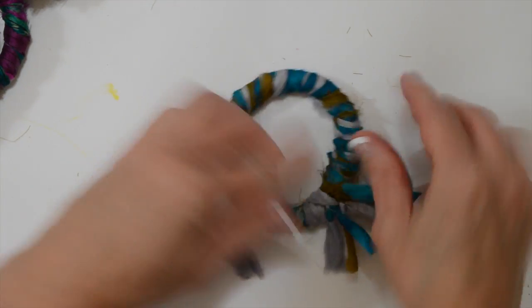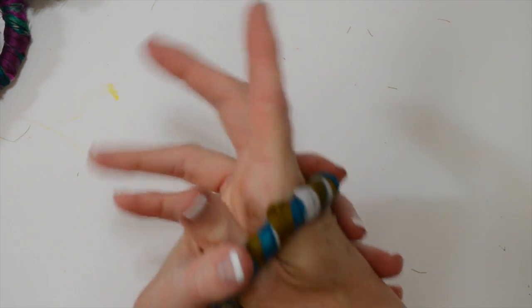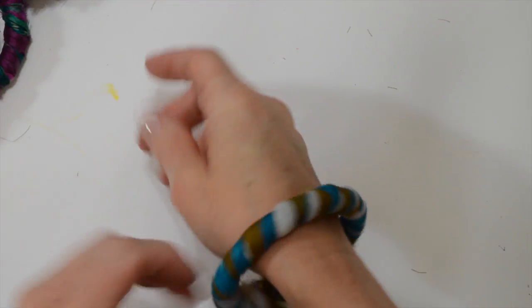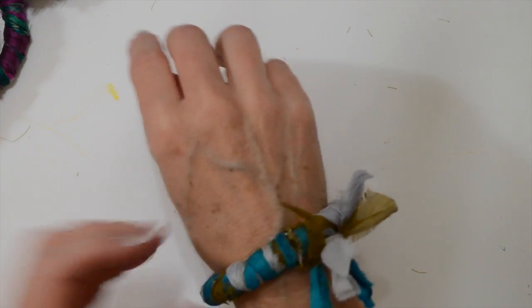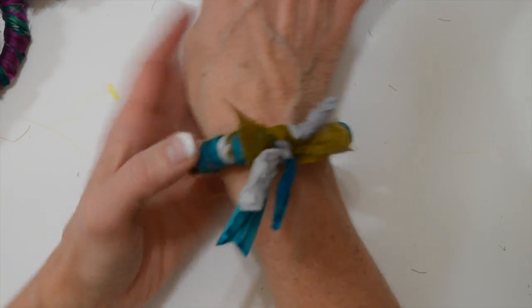And now we have our Sari bracelet. And then you just stick it on your hand, and you've got this really nice look. If you want the fringe at the top, I kind of like it at the top as well. So either way, I think you see now that when you add the dowel and you start working on it,